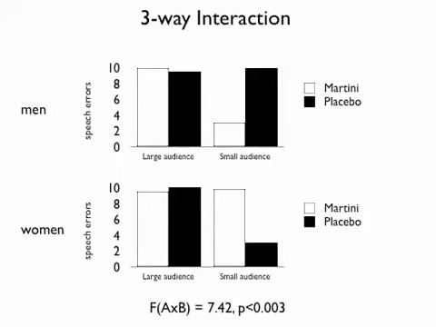And if it did, it means that the two-way interaction that's so very obvious here for the men, why is there a two-way interaction? It's because the effect of the martini is different in front of a small audience than in front of a large audience. So the effect of this drink type factor is present only in front of a small audience. Well, here that effect is opposite in women. So you have a two-way interaction that's different at one level of a third factor than it is at another level of a third factor. And if that didn't confuse you, then let me show you one more thing.